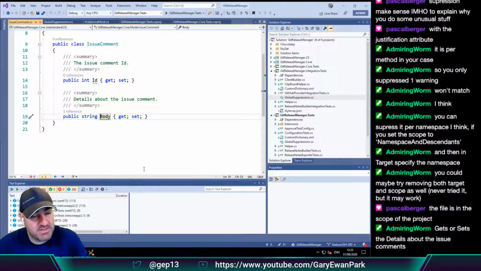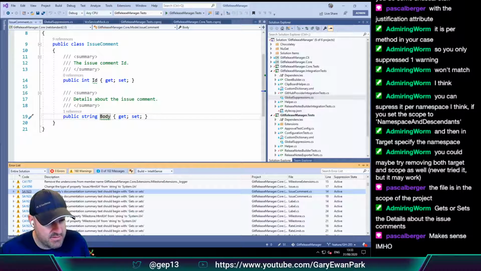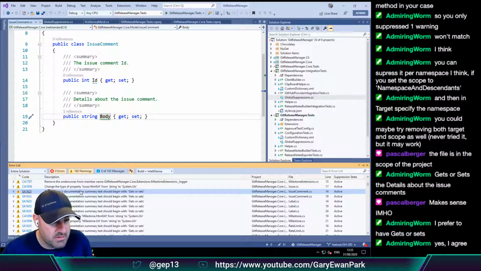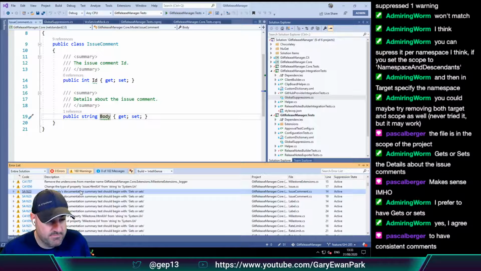Gets or sets the details about the issue comments. So you would agree that we should include gets or sets. So we would make this an error as well. So SA1623 becomes an error. Do we collectively agree? To have consistent comments. Beautiful.